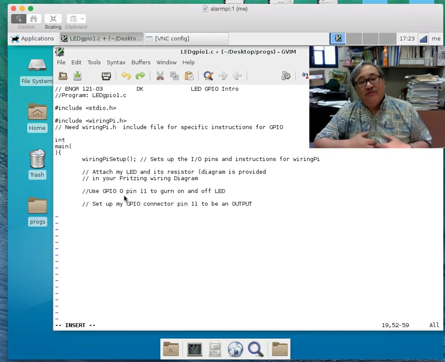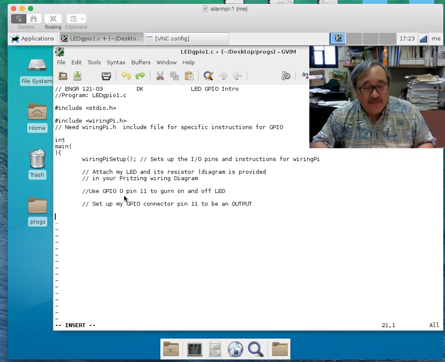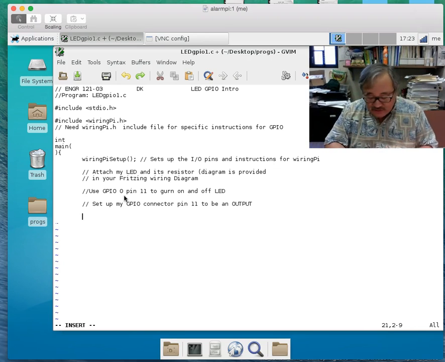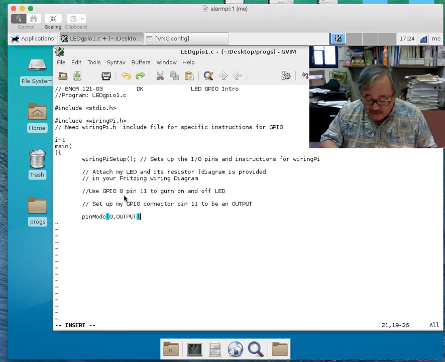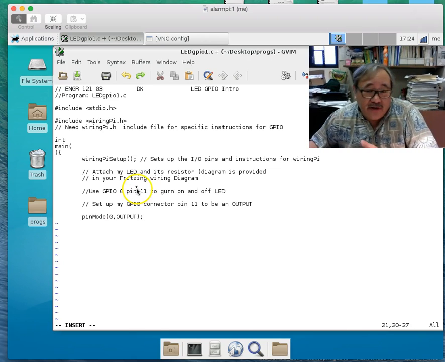Okay, so you have to set it up to be an output, and the way you do that is with this instruction: pinMode. In this case, it's GPIO 0 that we want. So 0, 0. And we want that to be an output. Notice the capital letters on OUTPUT there, okay? Semicolon. Don't forget these semicolons, they're really important. So what I did there is set up GPIO pin number 0, which corresponds to